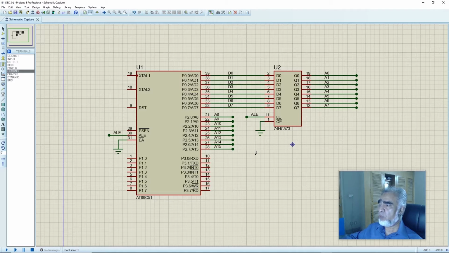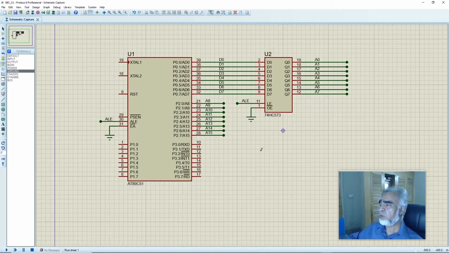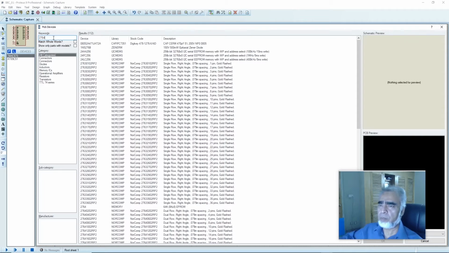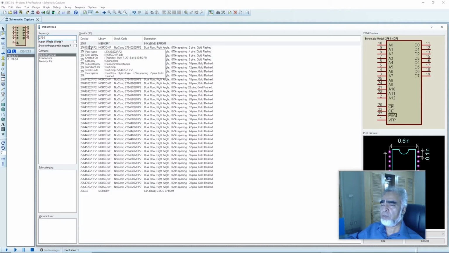And here in microprocessor mode, we have 16-bit address and 8-bit data. It means we can access 64 kilobytes of the source code and 64 kilobytes of the I/O devices. And now we'll connect the external source code device with the microcontroller. For this, we'll select a UV EEPROM and we'll go to the parts. And here we'll write 2764. And here we can find 2764 memory, 64 kilobits, that is 8 kilobyte into 8, EEPROM, that is electrically programmable read-only memory. So we'll select this device as a source code for our microprocessor based system.